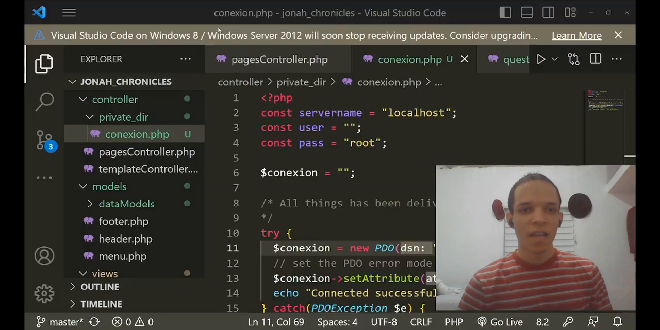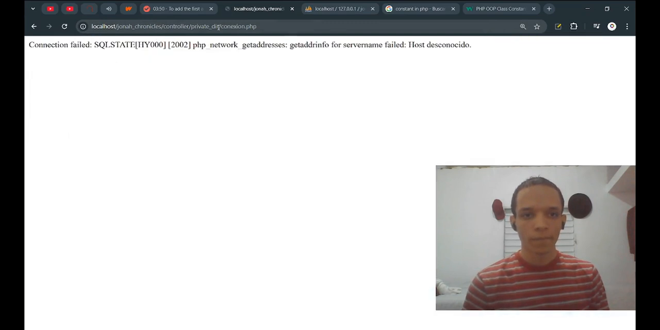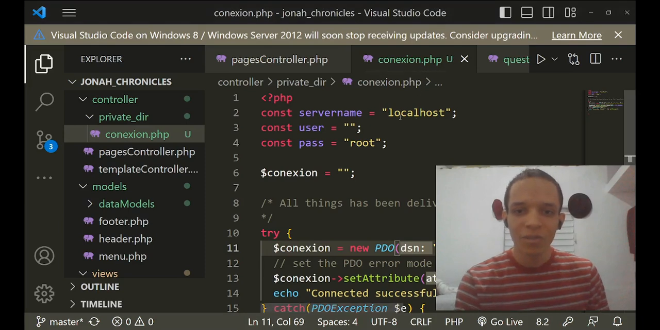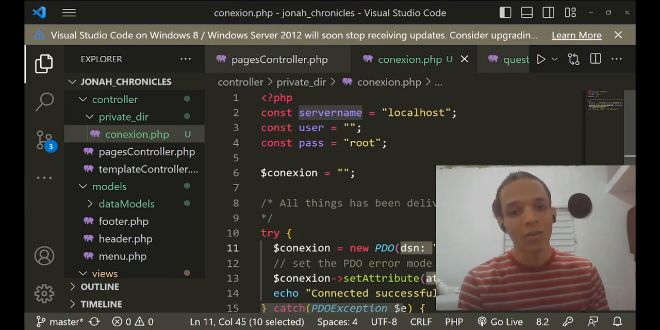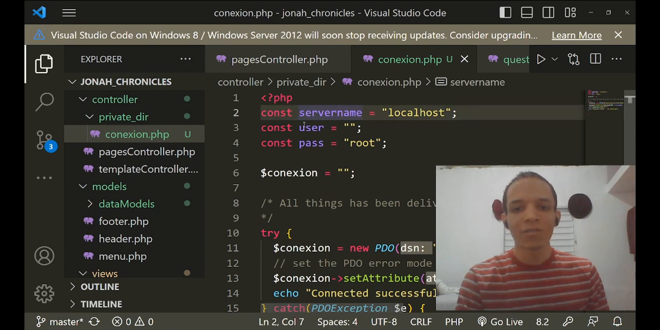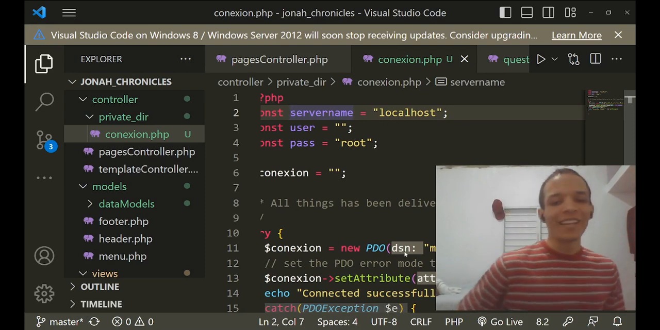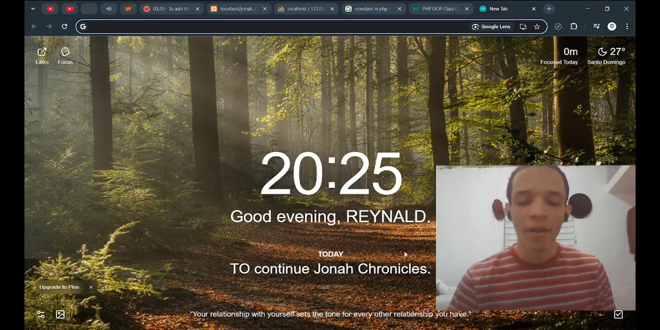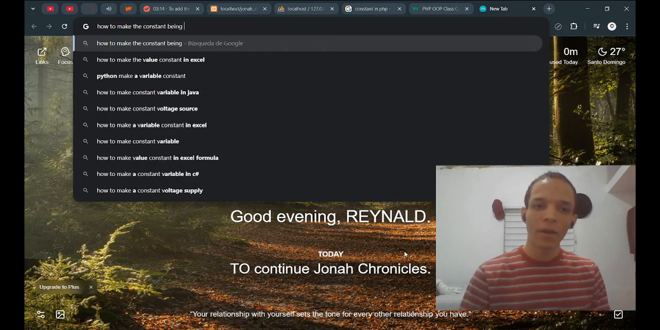Okay. And now connection.php. Connection fail. Host not server name. Yes, exactly what I was telling you. The constants are not being recognized. This is going to be interesting because, being honest, I love to use constants instead of variables in the connection because it is more secure. So, how to make the constant being recognized